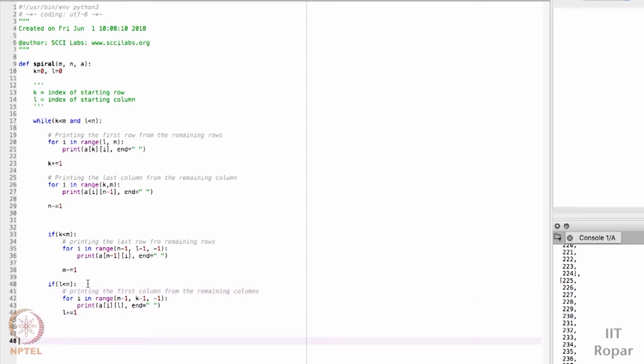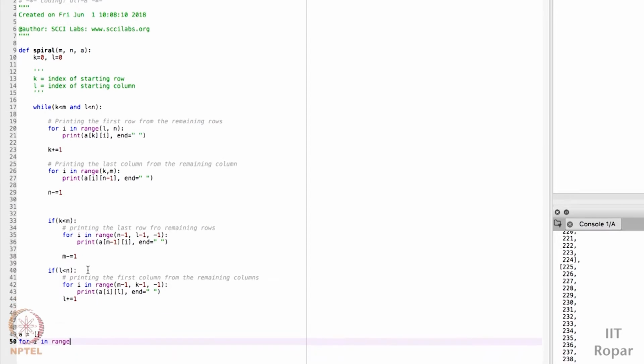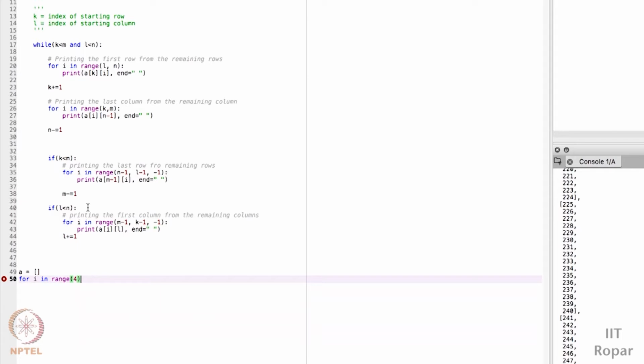We printed everything. Now let me create my array. Let's say the array is A. For I in range, how many rows do I want? I want 4 rows. For J in range, again 4 columns.